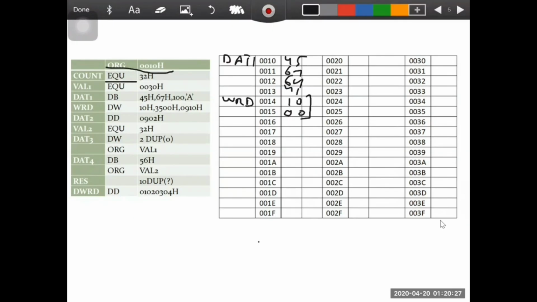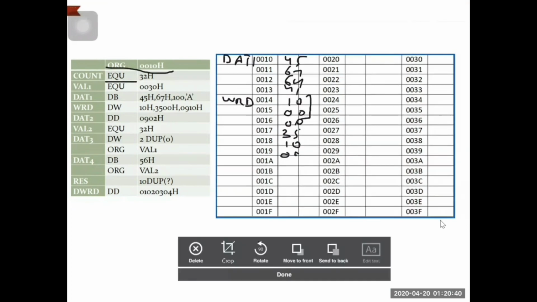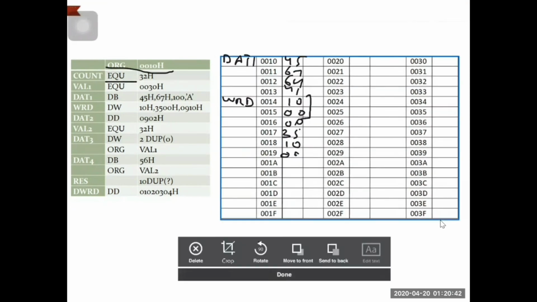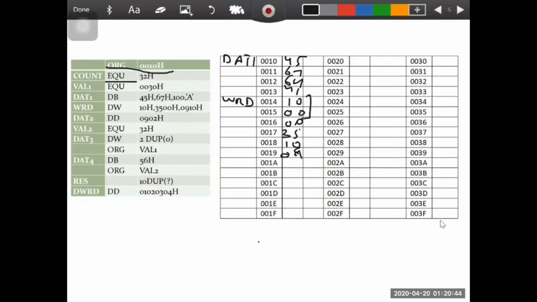Clear? Afterwards 3500H, lower byte 00, higher byte 35. 0910H, lower byte 10, higher byte 09. Clear?